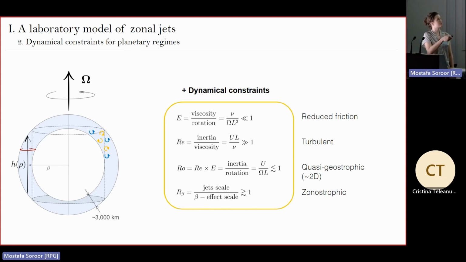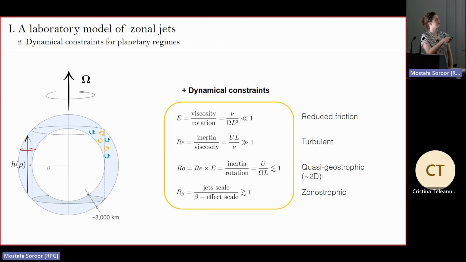You want the Reynolds number to be high because you want the flow to be turbulent. And at the same time, you want the Rossby number to be small. So you want the product of the Ekman with the Reynolds to be small because you want to be constrained by rotation. Okay. And there's a fourth dynamical constraint, which is visible through the zonostrophic parameter, R beta, which is